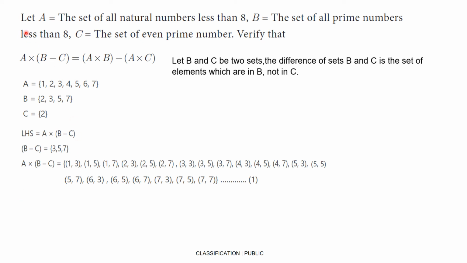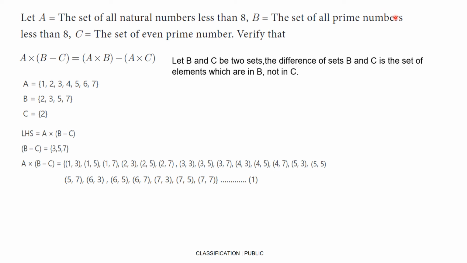Next question. Let A equal to the set of all natural numbers less than 8. Natural numbers start with 1. So, therefore, A equal to {1, 2, 3, 4, 5, 6, 7}. Okay. And B equal to the set of all prime numbers